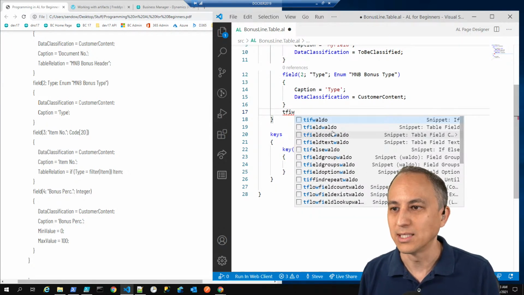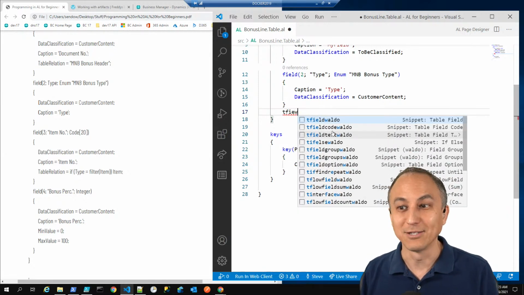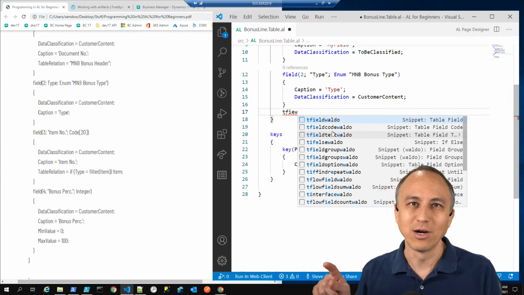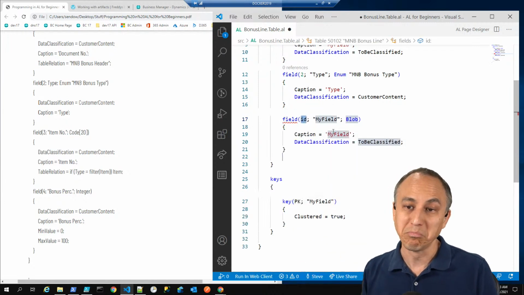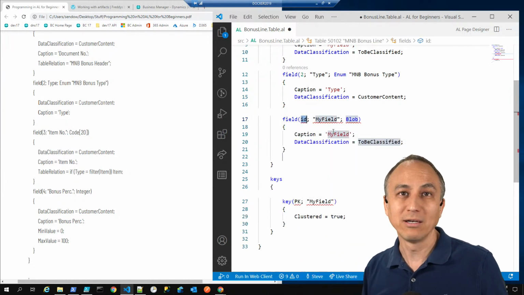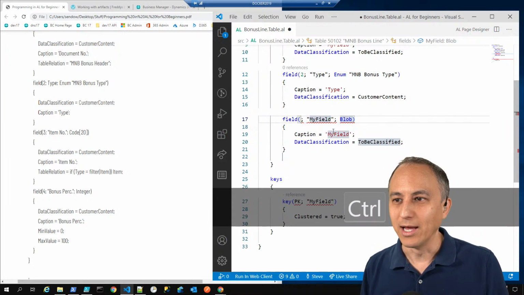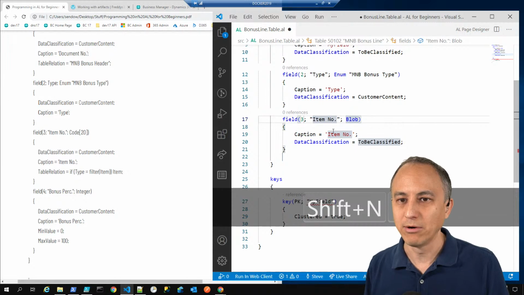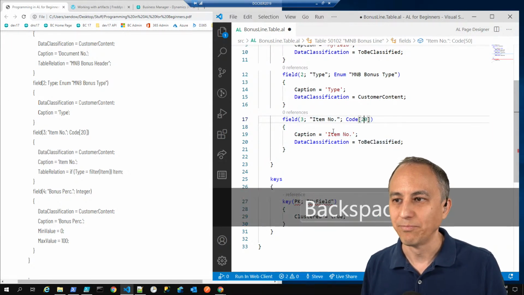Oh, that's an if Waldo. FIEW. That's a weird one, but TFIEW, and it's smart enough to know you want a W in there as well, T field Waldo. So if you're really hankering for your Waldo snippets, you just throw in a W there. And we are on to field 3, and this is the item no period, and this is a code 20,